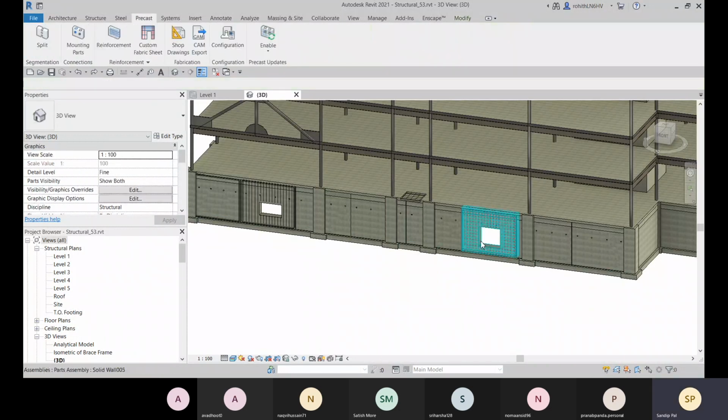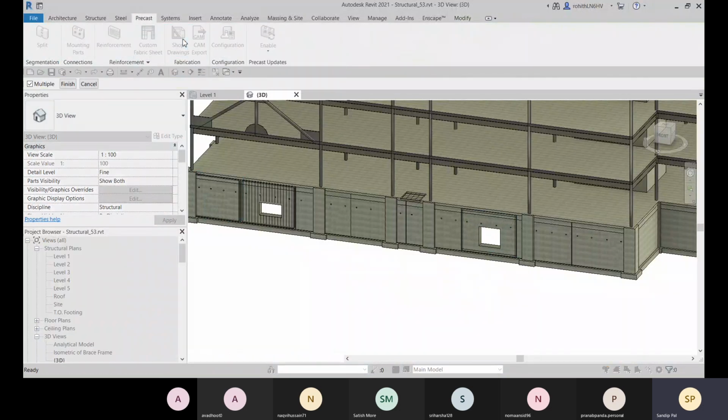Okay. So for this one, I will create a shop drawing. So for that, I will go to this shop drawing option. I will select it, and then I will go for finish.